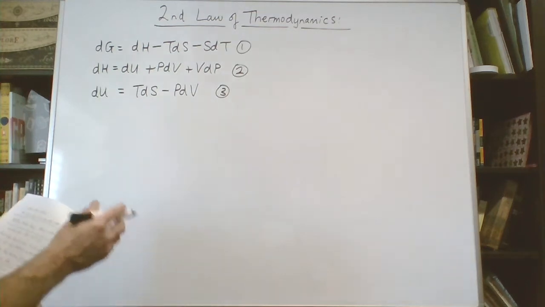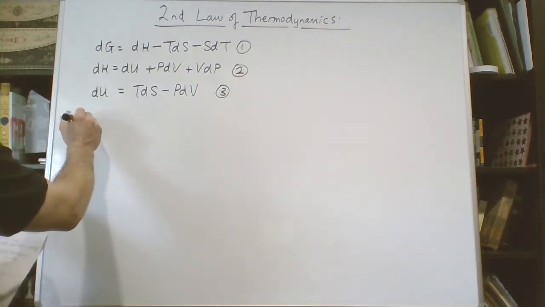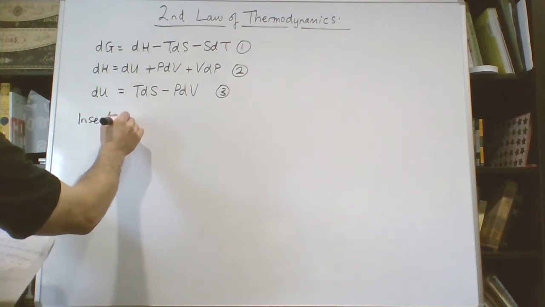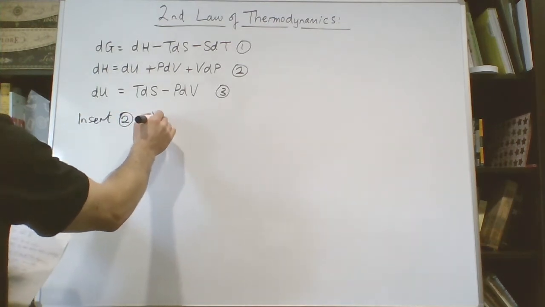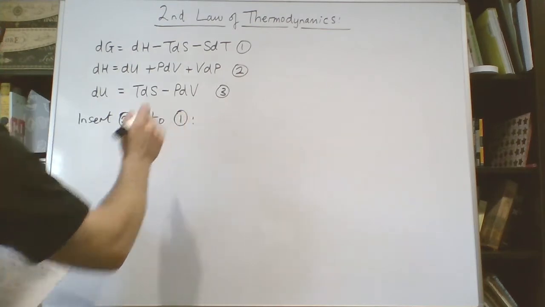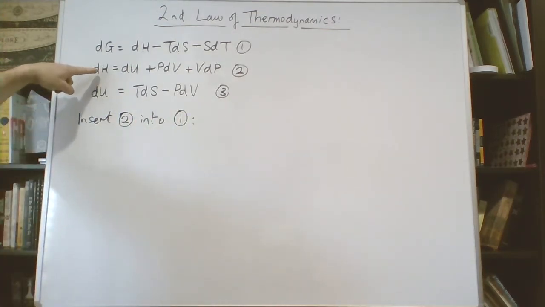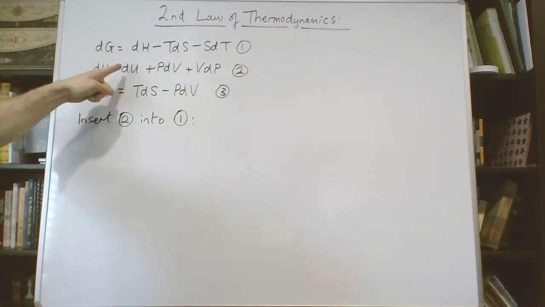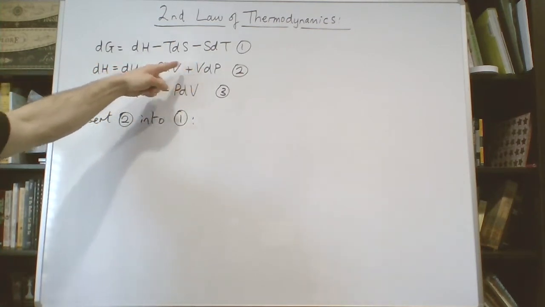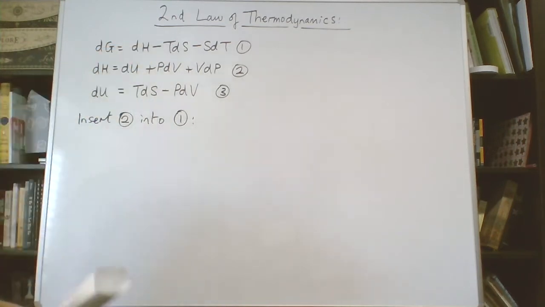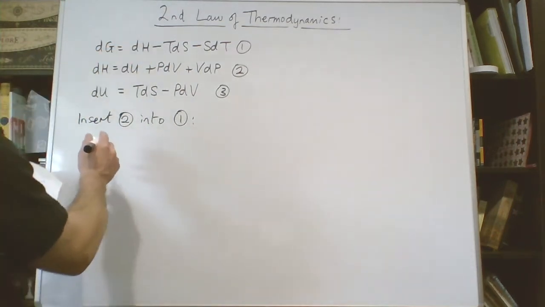So the first thing we'll do is insert equation 2 into equation 1. As you can see, equation 2 has dH. So dH is equal to all of this material. All of this material is now going to sub into that variable here. So we've got,